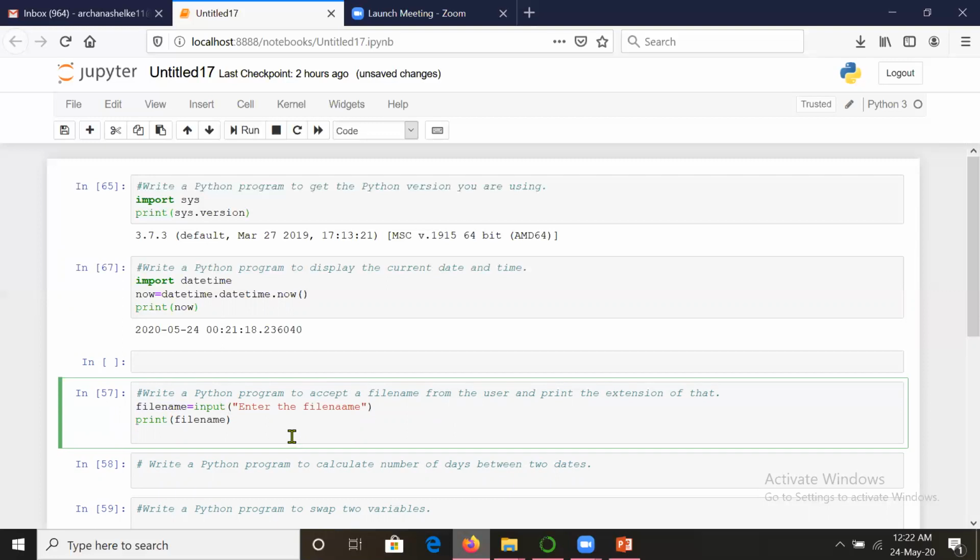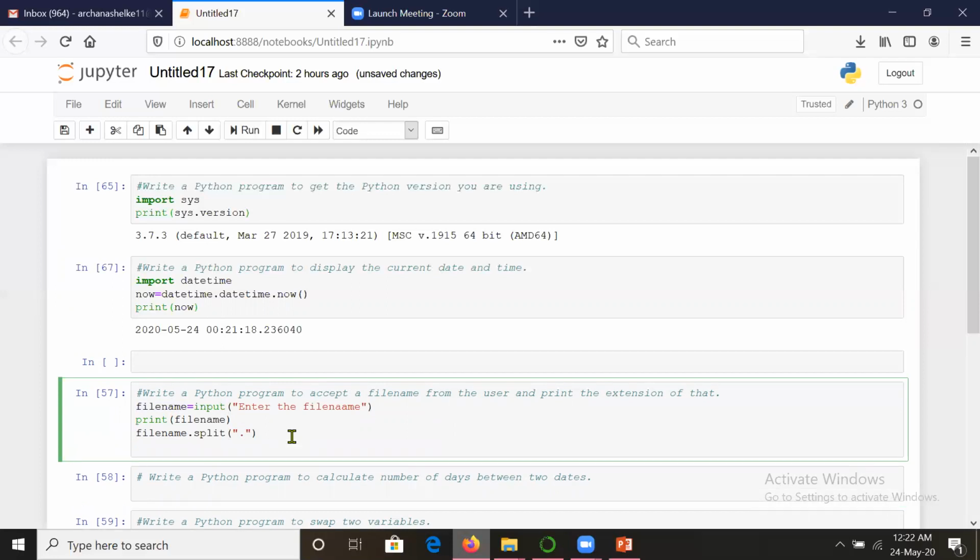Guys, we have a split command, and with the help of the split command, we can split the word. Suppose I write split here. I have to say with which character it should split. Suppose I say dot. So it will split the word with the help of the dot. I will take the output of it in a variable, suppose extension. Extension is just a variable where I will get the output of this command. So let us see the output. Print extension.